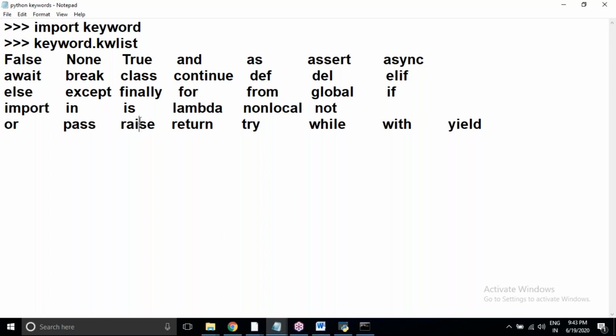Here we are using raise; in Java, we'll use throw. Here we are using return, and for other functions, generators and decorators are there. For generator functions, we'll use yield. Only one or two things will change, the rest will all be the same.